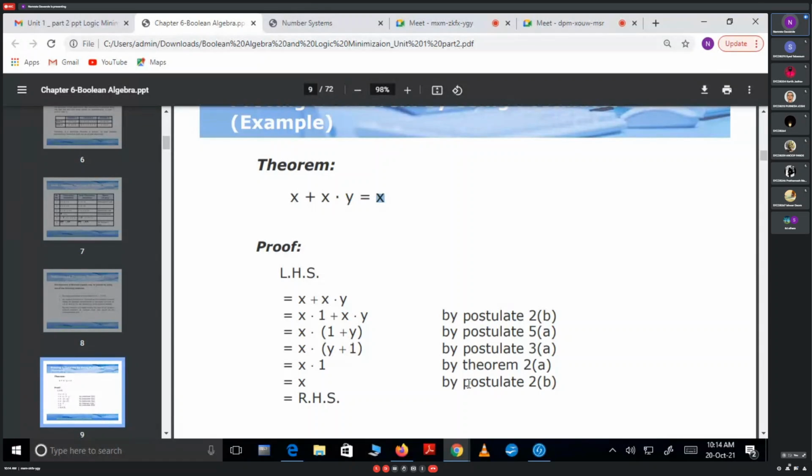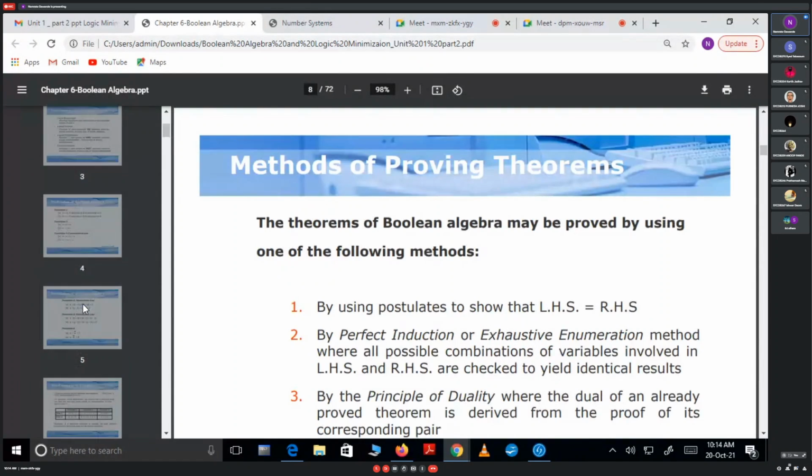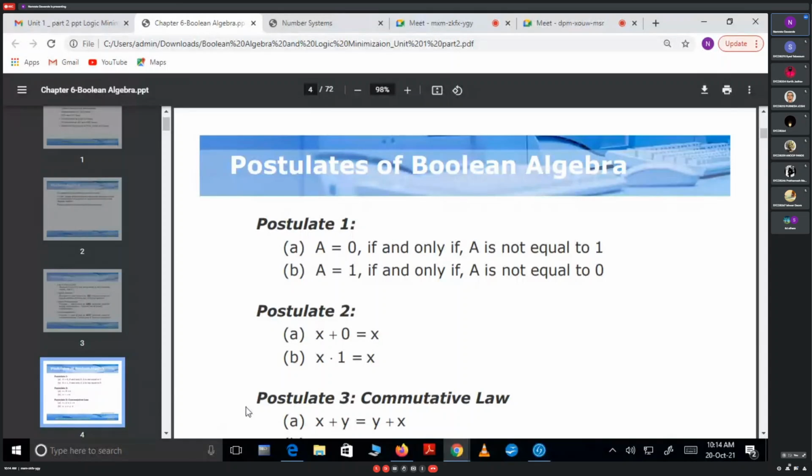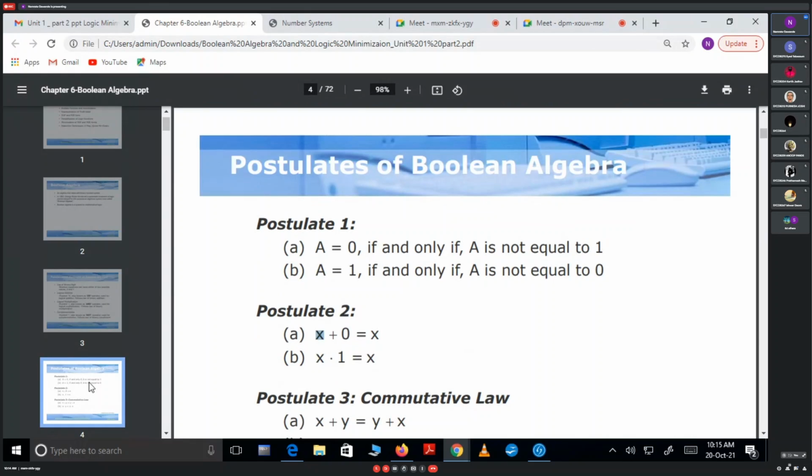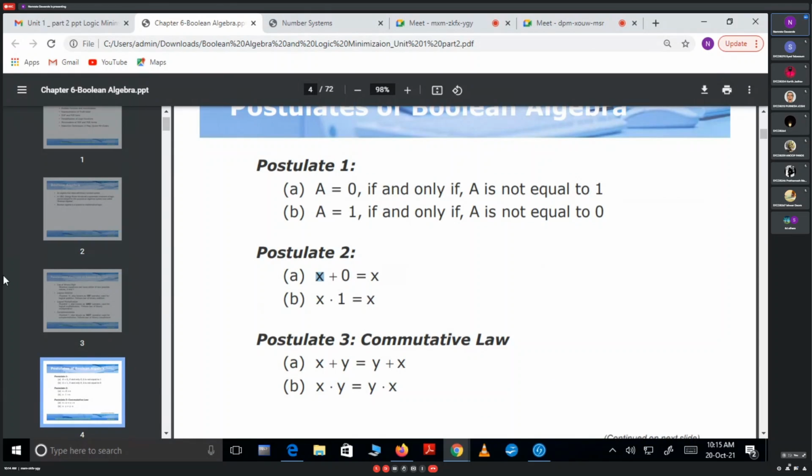And where these particular postulates are used, here you can see at the top, right? x plus 0 equal to x, x dot 1 equal to x. Instead of x, here y plus 0 equal to y, like that. Here also it is given. So you need to learn and know these postulates. What is postulate 1? What is postulate 2? 1a means this, 1b means this. Now you have to remember this. 2a is not as such required.